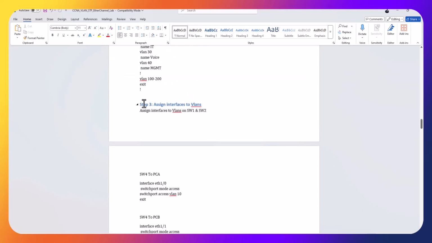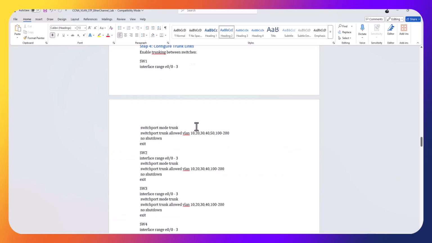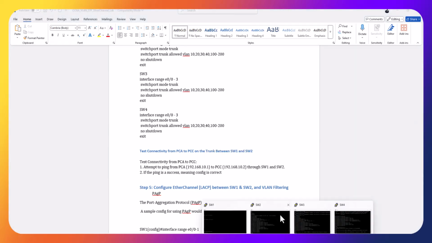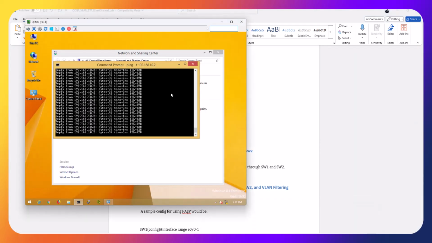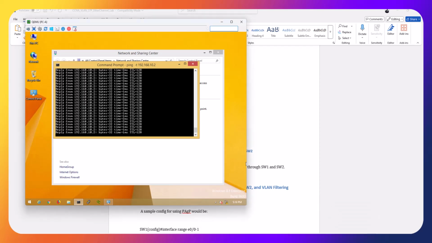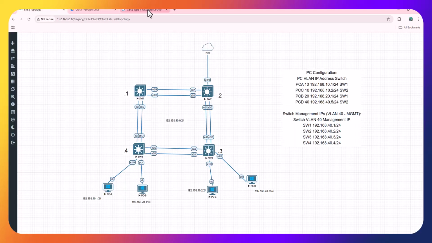So we have assigned the interfaces VLANs. These PCs I have assigned here, the trunk interfaces, and right now, let's test the PCs again. Actually, right now this should be pinging, because all the interfaces are configured as a trunk. If I do the ping from the other side, if I right now do the ping from here